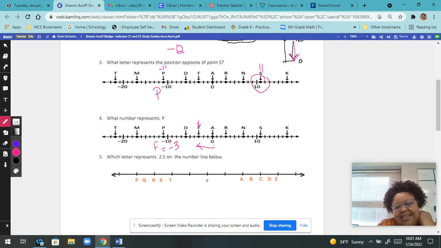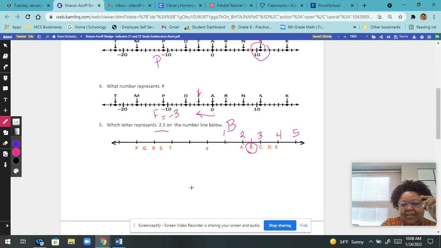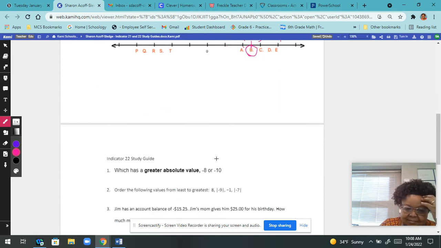Okay. Now, what number represents 2.5 on the number line? When I read that at first, I thought it said negative 2.5. So that's 1, and that's 2, that's 3, that's 4, and that's 5. So 1, 2. So B would be 2.5 because that's halfway in between. So that would be B. The answer is B. All right, now,